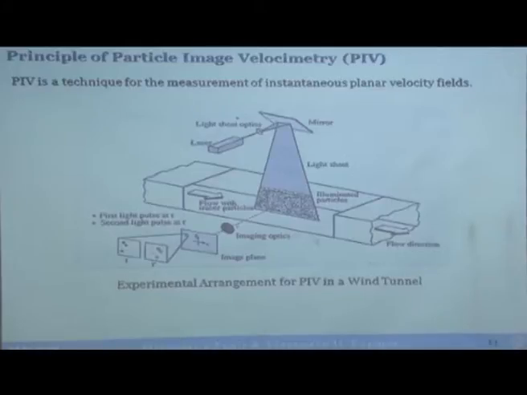So, if you want to avoid that, the frame speed should be adjusted such that if it is too fast, what will happen? It will not move a significant distance. If you have too much time difference between these two, the particle will move out of plane. So, you have to optimize, and there is no set procedure for this. This PIV is a matter of practice. You have to keep on doing the experiments, keep on making mistakes and learn from your experience. That is how you perfect it.